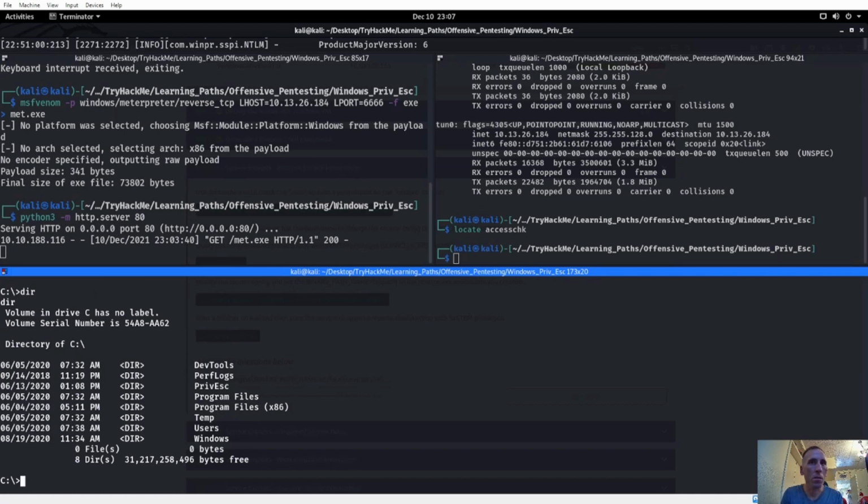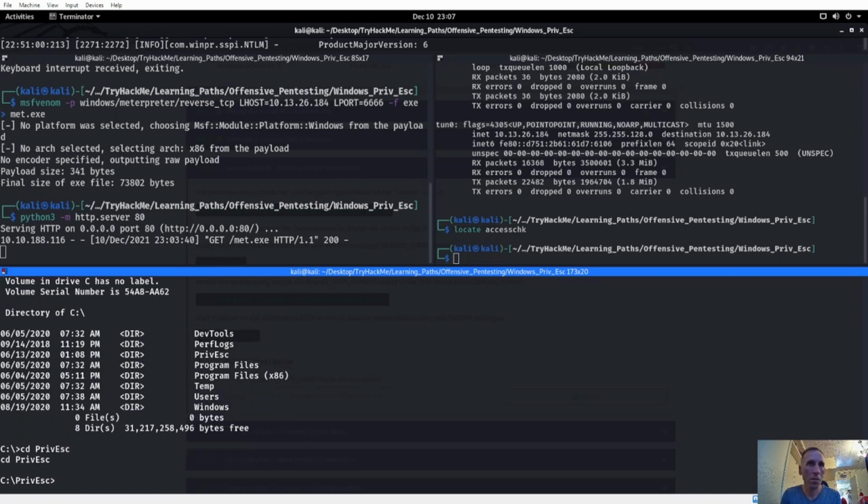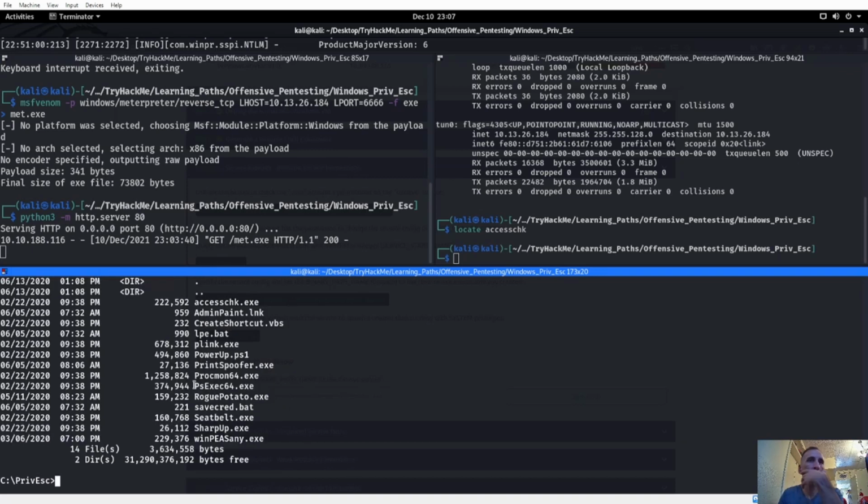Let's see what we got here. There's PrivEsc, but I don't want to just cd into PrivEsc. So he's got PowerUp, so I feel like accesschk.exe should be something that we can get, because he's got PowerUp in here. We have PrintSpoofer, Procmon. Let's go ahead and try to find that. Let's try to locate